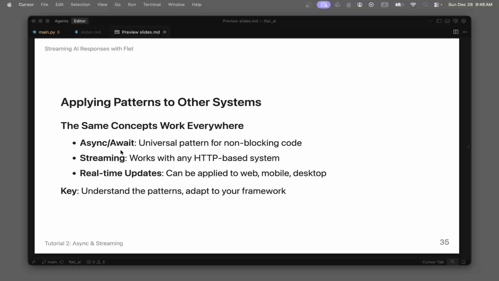This async and await is a universal pattern for non-blocking code, which you're likely going to need to use to keep the UI responsive while you are waiting for the responses from the LLM or external API, such as a web search or a database access. The streaming is going to work very similar on any HTTP-based system, which is the most common protocol, although there are others. Real-time updates